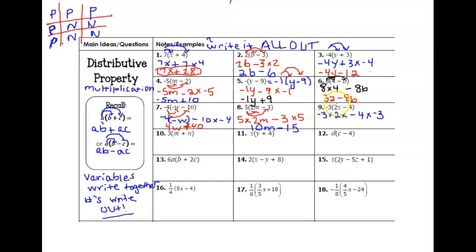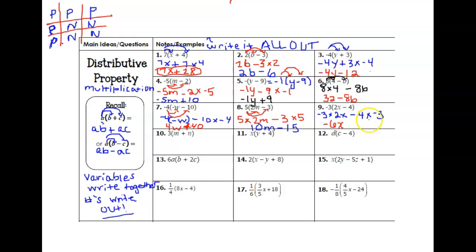Again, using that negative 3, distributing and multiplying it to both numbers. All right, negative 3 times 2x, well, that's just a negative 6x. So I got a negative 6x